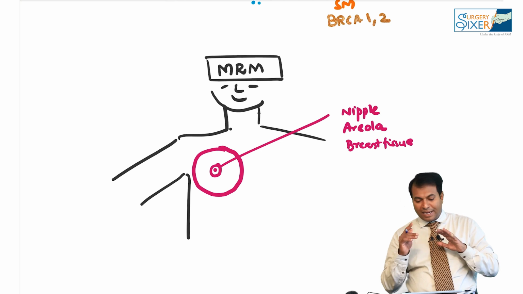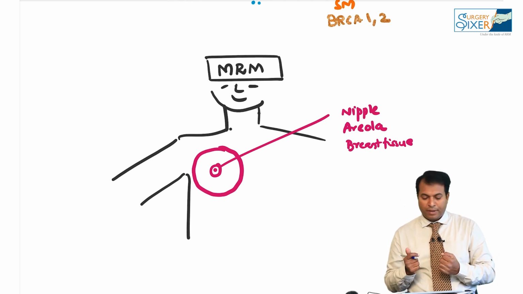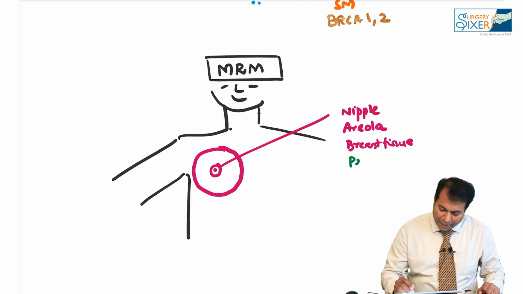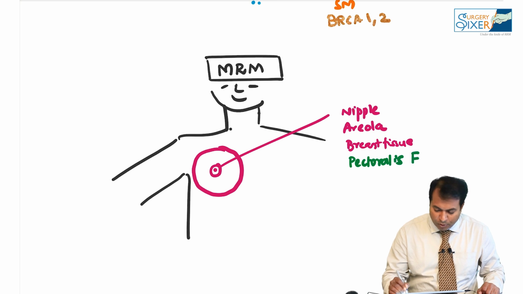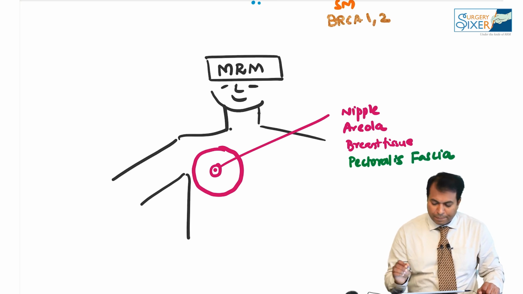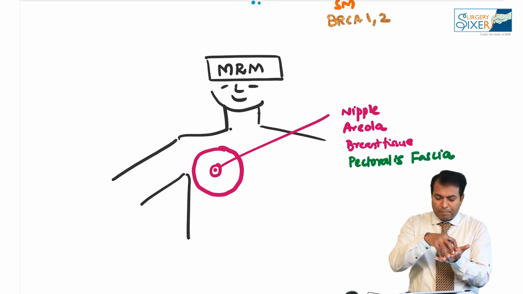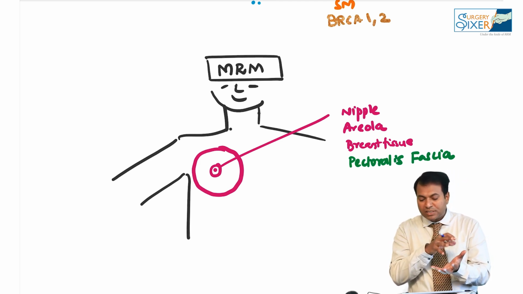Nipple, areola, entire breast tissue will be removed, and along with this entire breast tissue, we will also remove the pectoralis fascia. Please understand, I am not telling muscle, I am removing the pectoralis fascia. Because the pectoralis fascia is what the breast is sitting over, so nipple, areola, breast tissue and pectoralis fascia are